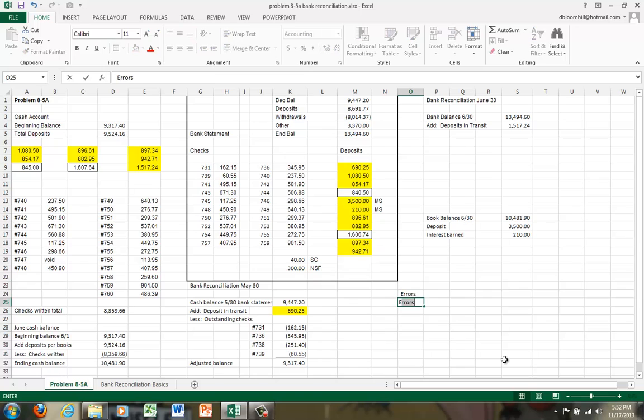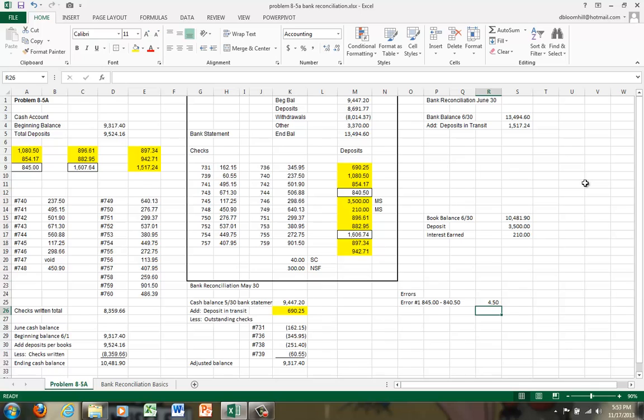So for error number 1, what we're going to do is take 845 minus 840.5, and we're going to notice that for error number 1 we have a $4.50 adjustment. Because the bank is right, we're going to have to adjust the books by $4.50, which is the difference